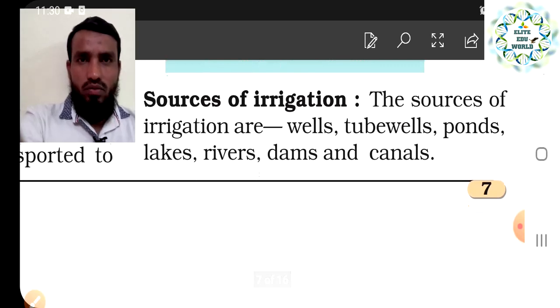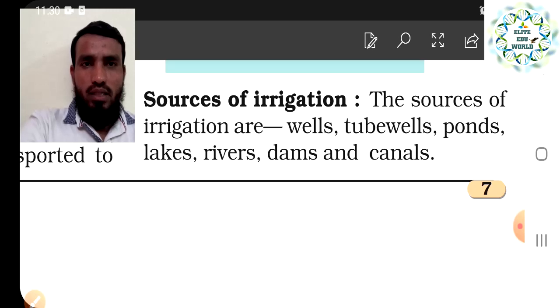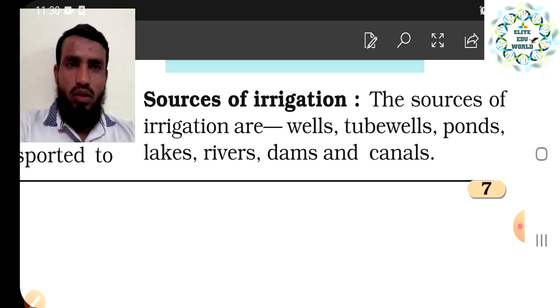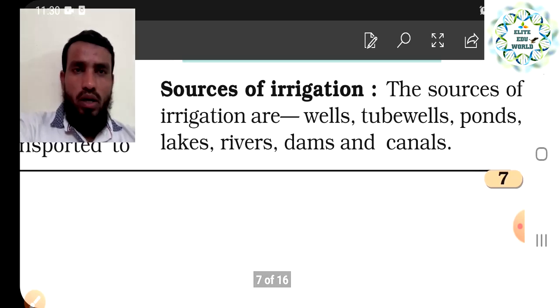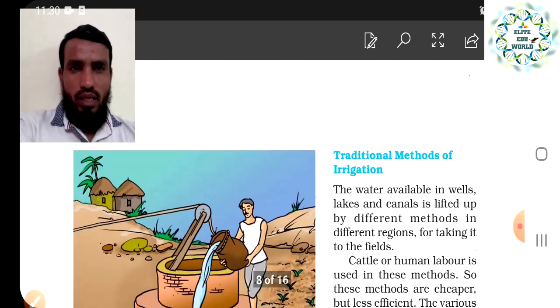That already we know, we are getting the water from the wells, tube wells, ponds, lakes, rivers, dams and canals. And one more thing, rainwater. So these are the sources from where we can get the water for our plants, for irrigation. In the next page you can see